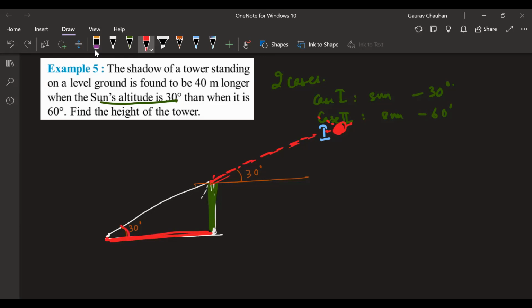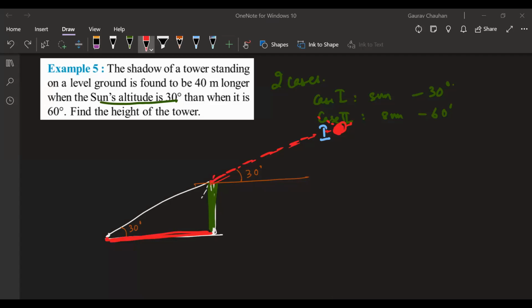And this angle will also be 30 degree. Why? This line is parallel to this line. This angle is corresponding to this because this is the transversal. Are we good? That's also one way of thinking, and you can just think that this point will also have the same elevation of the sun. Yeah.